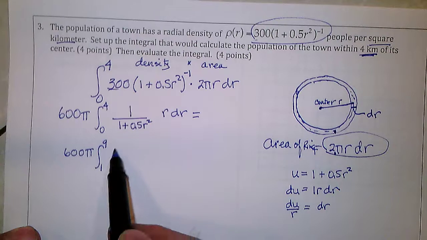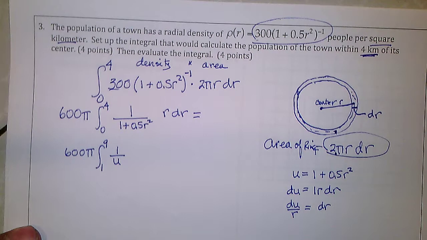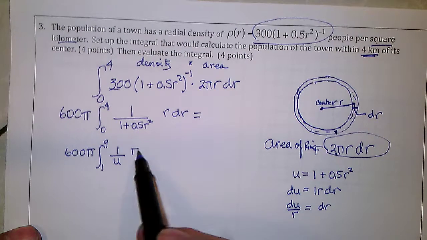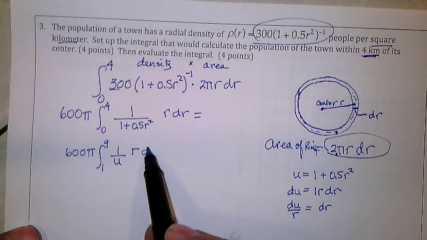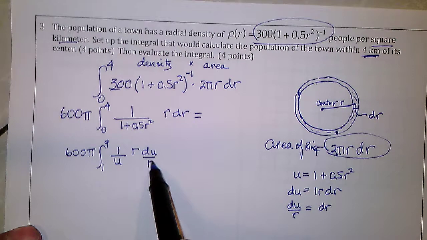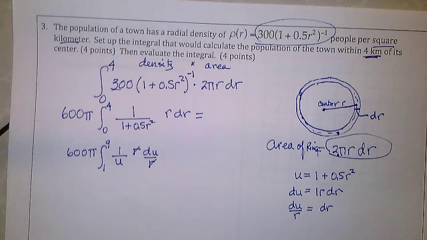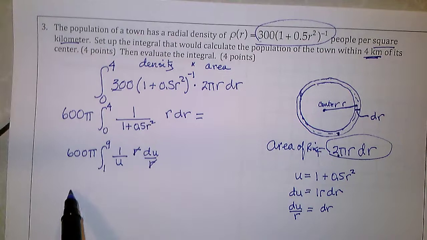I'd have 1 over u times r, and dr is du over r. The r's would cancel, and I'd have the integral of 1 over u du,